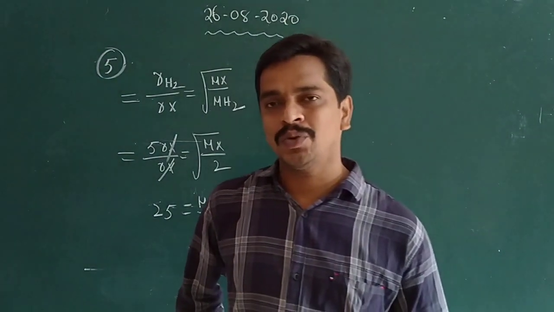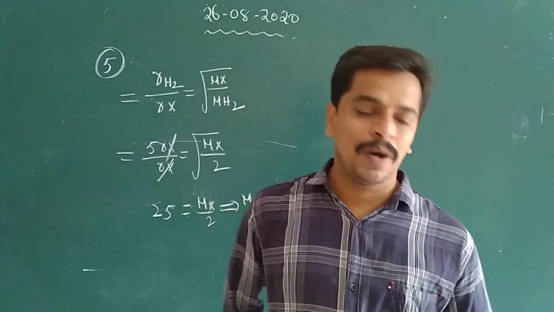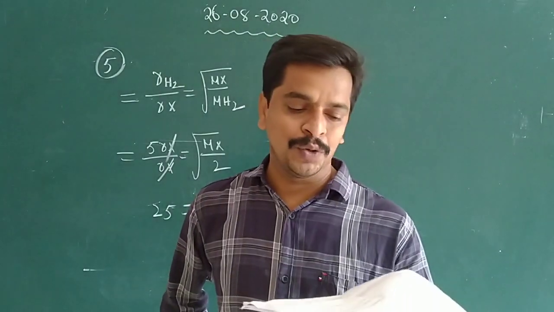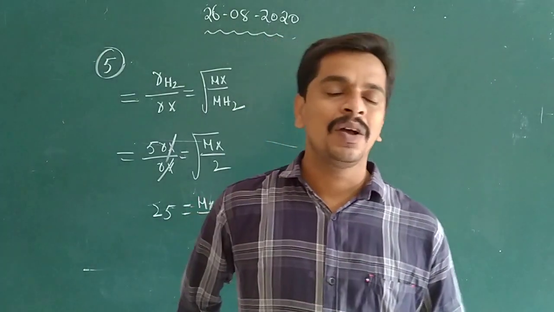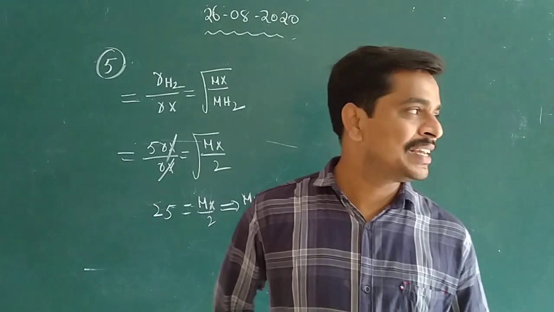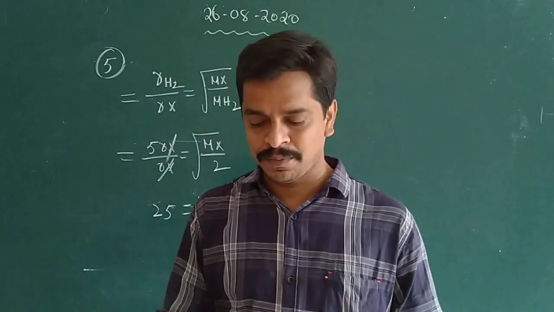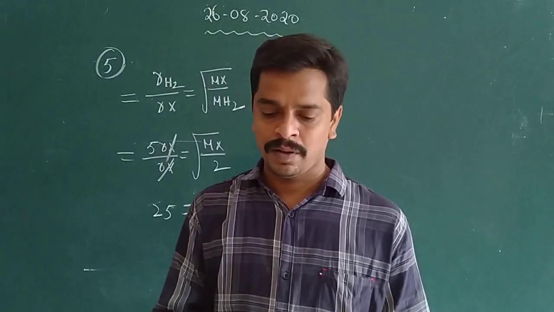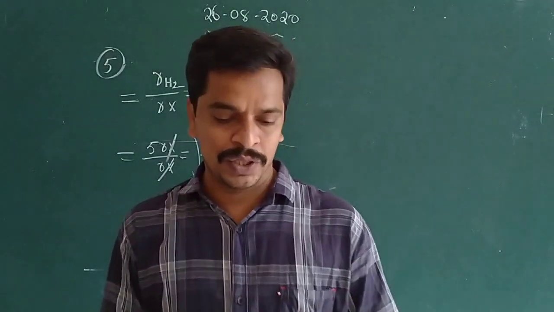According to Charles law, students, it's a differential form of Charles law, students. As per Charles law differential form, you know that, student, V by T is equal to k. That means dV by dT is equal to k, students. Next, students, question number 8.